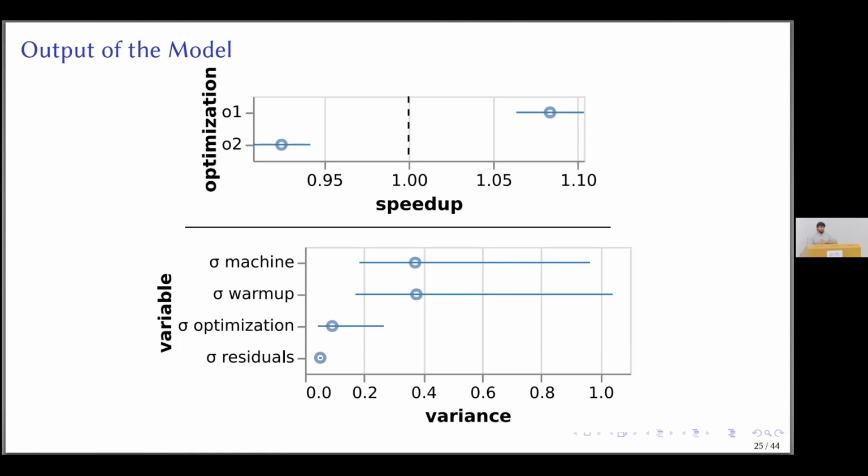And at the bottom, this is the posterior distribution. I did the credible intervals for the posterior distribution of the different sigma terms in my model, which allows me to say that there's quite a lot of differences between the different machines and between the effect of warm-up. So warm-up matters quite a lot. So when you warm up, it runs significantly faster. And that matters more than the optimization that I